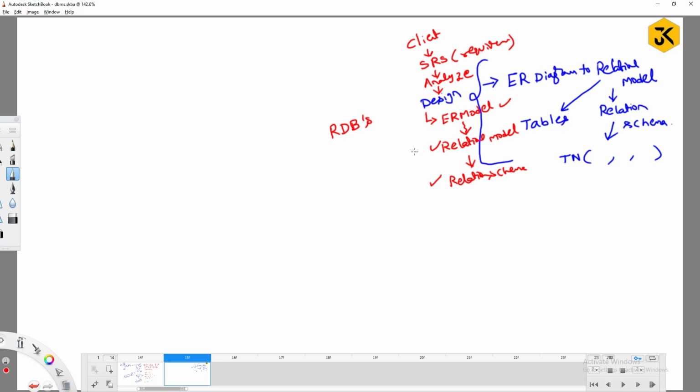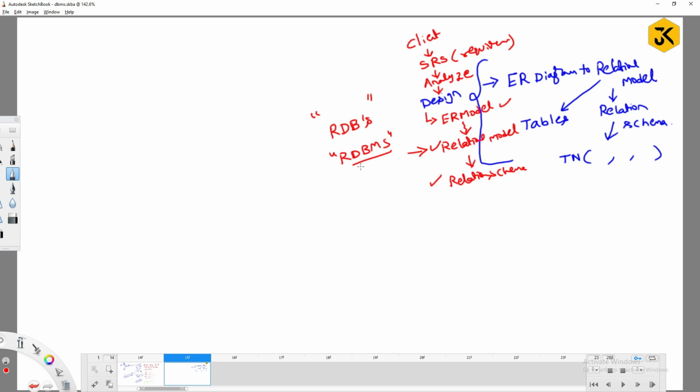The reason why the relational model is very important is that nowadays all the databases are using a relational database management system. You can simply call it RDBMS, right? You know the meaning of DBMS, database management system. It is a kind of software which lets you manage the storage of data as well as perform various operations on the stored data, right? Relational means we perform operations on the relations which are stored in the database, right?